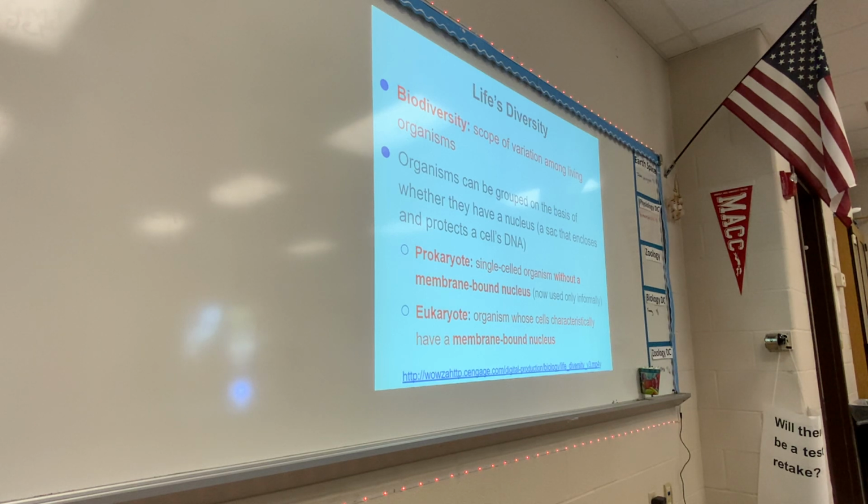Now, do we have prokaryotic in us? Yes, because our entire digestive tract has prokaryotic inside. Not just that, but there's lots of other bacteria within us besides the good bacteria that's in our stomach. So yes, prokaryotic is all over the place, but we ourselves are made of eukaryotic. Eukaryotic does have a membrane, prokaryotic does not.